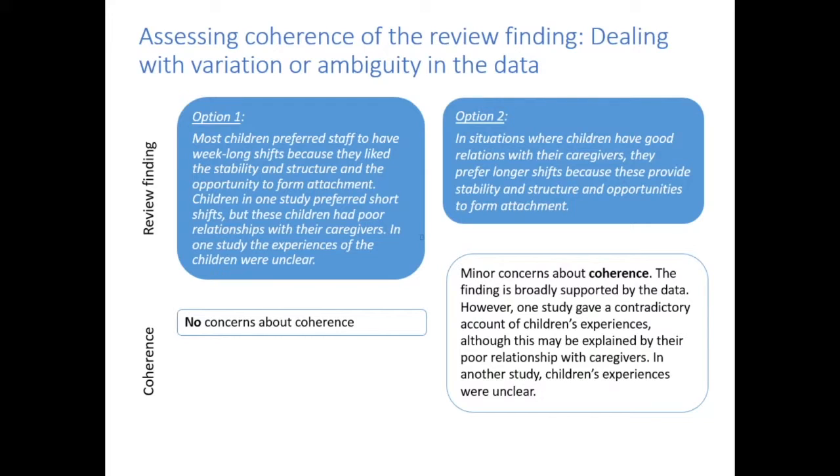The only warning I would have is that if your review comes up with 10 included studies, then you may adjust your expectations so that a finding that only had 2 studies would be considered thin, but a finding that had 10 studies feeding into it would be considered rich. Whereas if you have a review that included 50 studies, you may suddenly consider 10 studies to be quite a small number. So you have to be aware of that potential trap. Don't think about this in relation to how many studies you have. Think about it in relation to what would it take to convince you in regard to that particular finding.